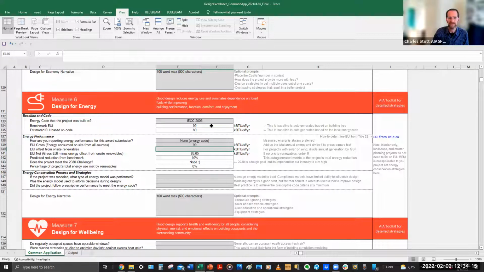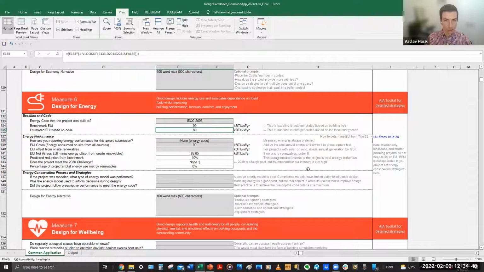You have to align it with the format of this sheet. And just to back up a little, these benchmarks are generated. They're not something you enter. They're generated based on the information that you put in: the building type, the local energy code, and the year that you were permitted. So it's really just these gray tabs here where you need to put some information in. I'm sorry, I just wanted to make sure everyone understood that, Michael. Yeah, that's a good point.